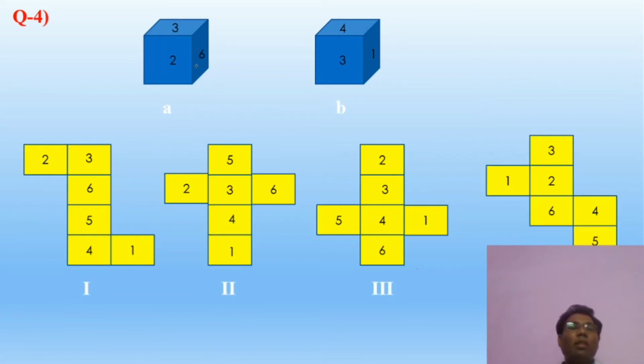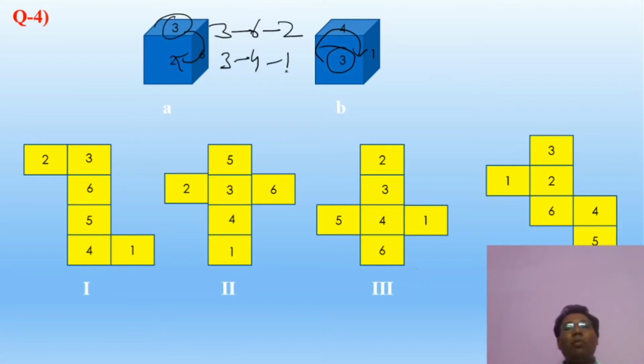So the fourth question is here, and for the first time we are going to solve closed dice into open one. This is the first question of this type. We know how to solve this; we studied it in the first lecture. Two figures are there, so we have to find how many are common. Only one common is there, 3. So rotate clockwise. 3 to 6 to 2, 3 to 4 to 1, and opposite to 3 is 5. You know, and these two are opposite.